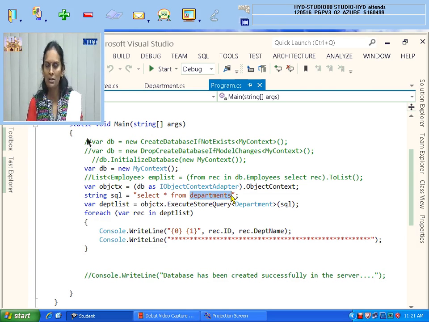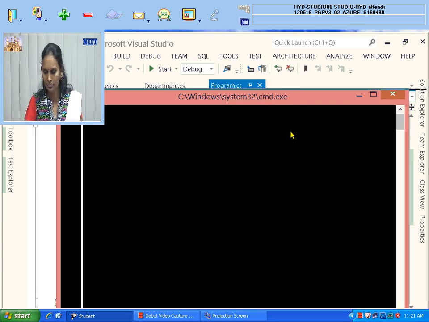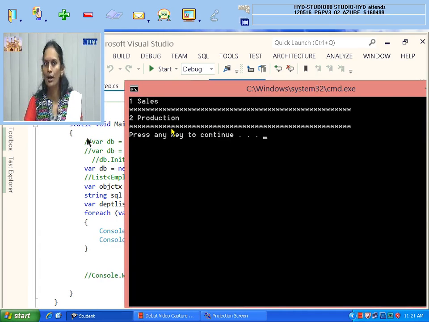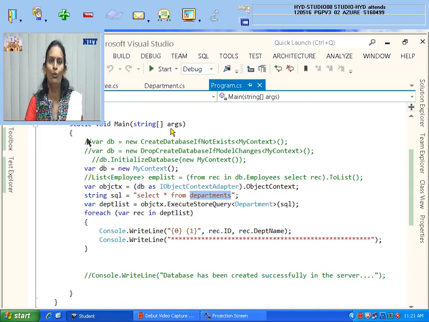But in the previous one, FName here, FirstName there. That's why object context is not working. So now I will execute this fourth demo. Whatever we have done, that same thing you can see here as records. Can you see the records you are getting from the departments table? There are 2 records, so only 2 I am getting. So 100% it is the correct one, object context. The only thing is, because we changed the column name, it is not working. So now let me comment all this.